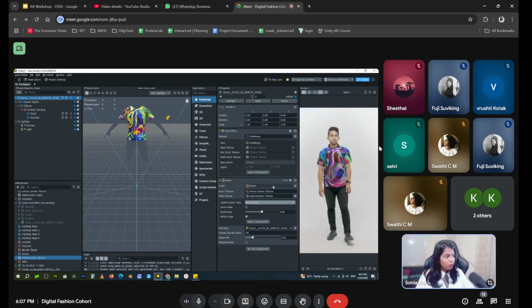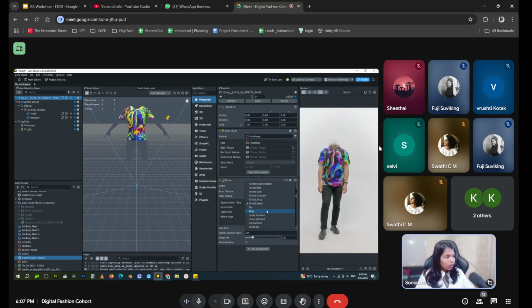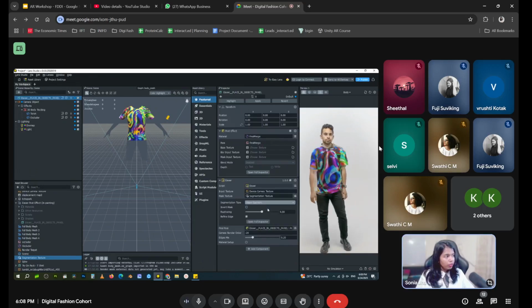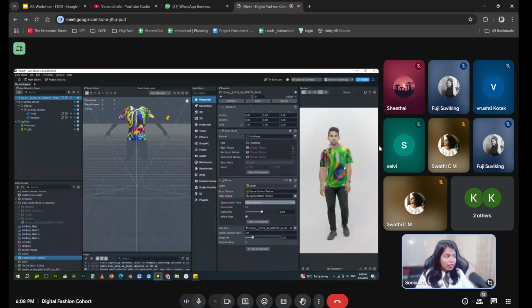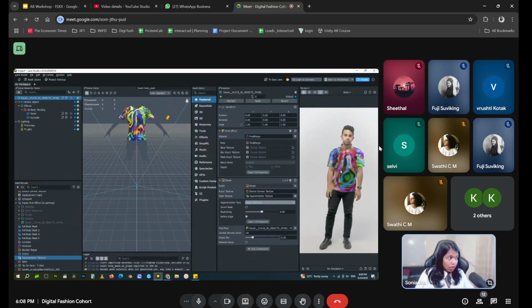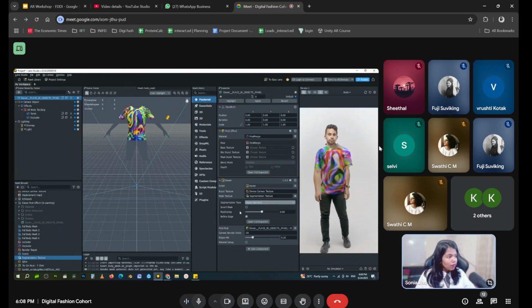Now we can see that instead of the body we can actually remove hair if we want to, or we can remove the head, or we can remove the entire body. In our case, we'll remove the upper garment. So it is just removing your upper garment. Many people use this to be able to show their garment better. So now if we disable this,